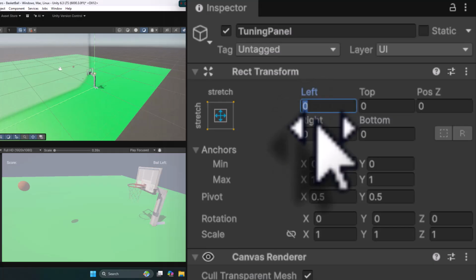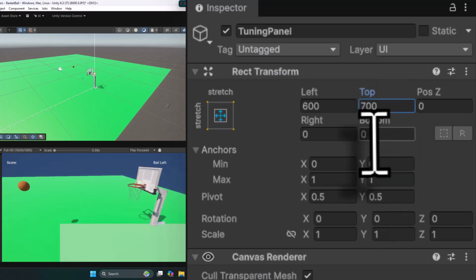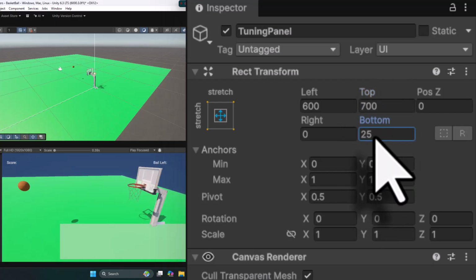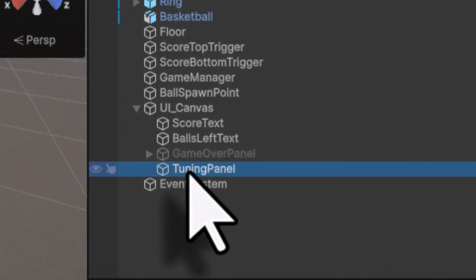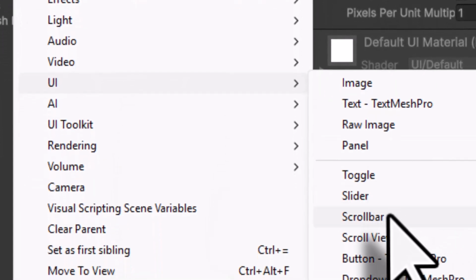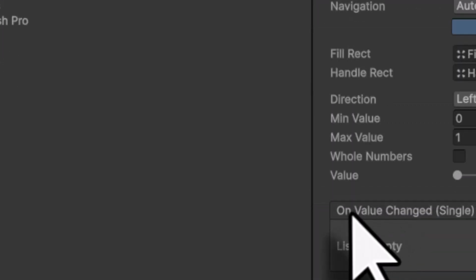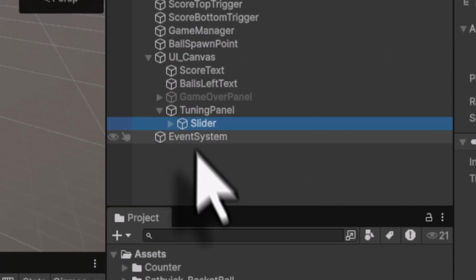Along the left, I will give a margin of 600. From the top, I will give a margin of 700, and from the bottom, I will give it a margin of 25. Along right, I will give some 25 area. I am going to come into this tuning panel, right click, come to UI, and add my first slider. I will set the width of the slider to 300, height to 60,